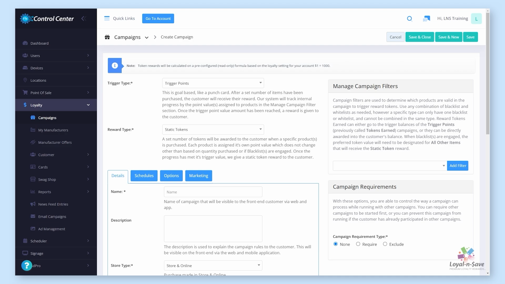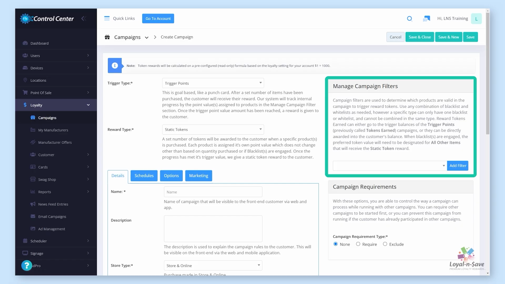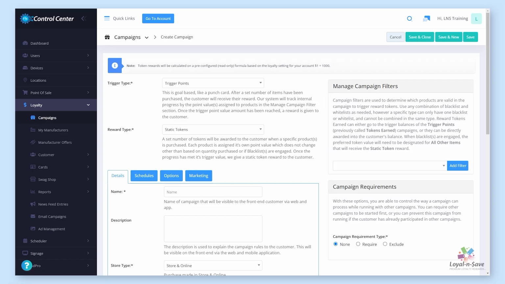Our system will track internal progression by point value assigned to products in the Manage Campaign filter section. Each product is assigned its own point value, which does not change based on the quantity purchased or if a blacklist is engaged. Once the progress has met its trigger value, the static token reward will be given to the